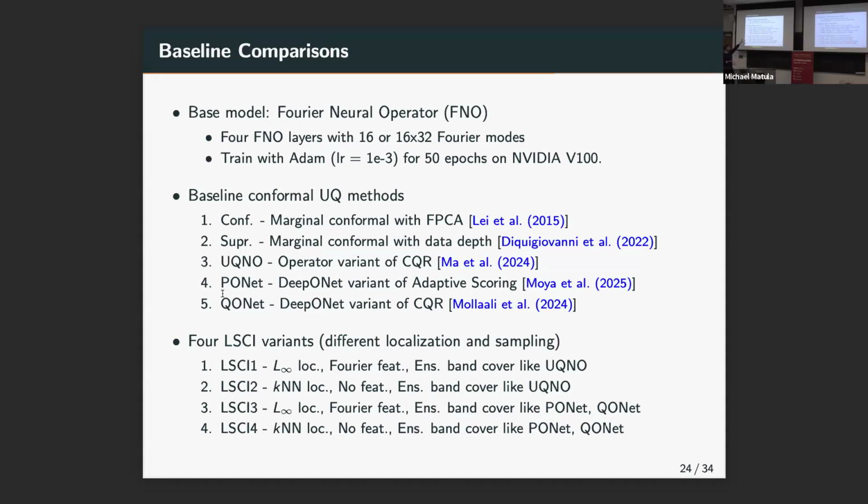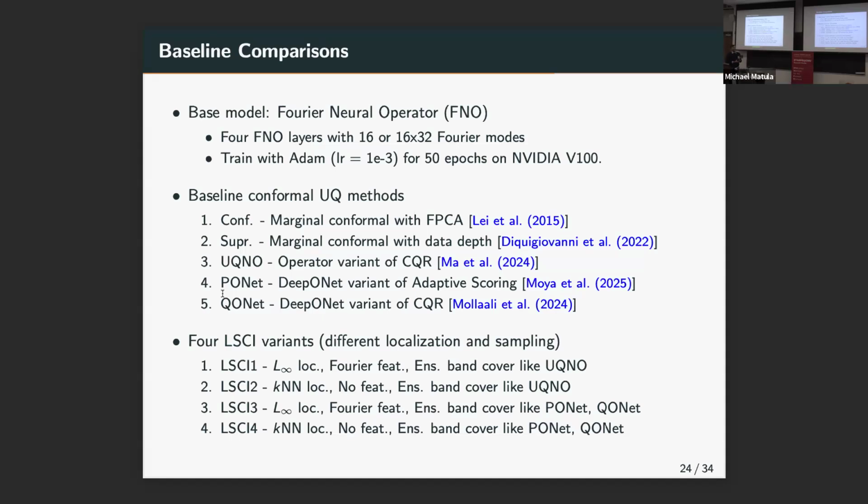These two methods don't control the notion of coverage that either of the first three methods do. What these are trying to guarantee is the expected rate of your band covering the target. So if your band covers the target on average 90%, that's the thing they are trying to control. And so this made it kind of annoying to compare across all these methods because they are controlling different notions